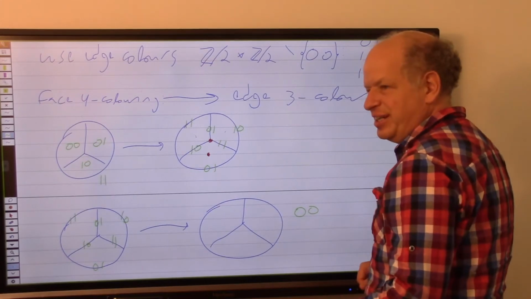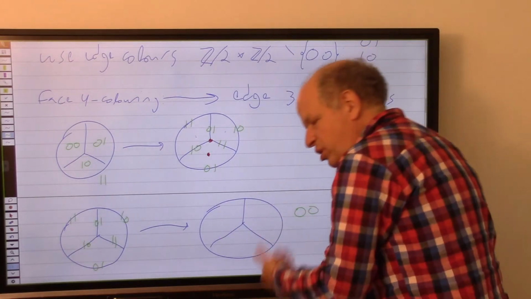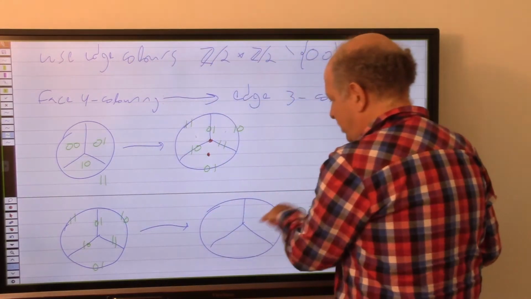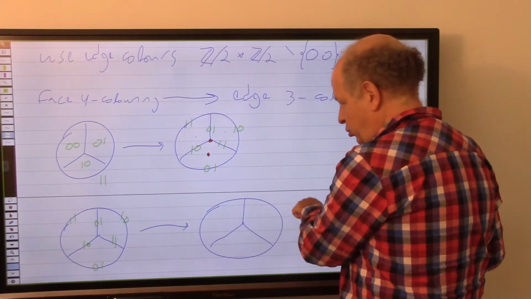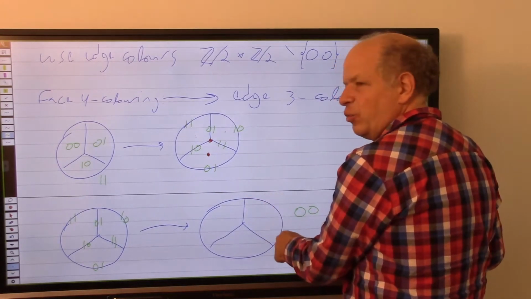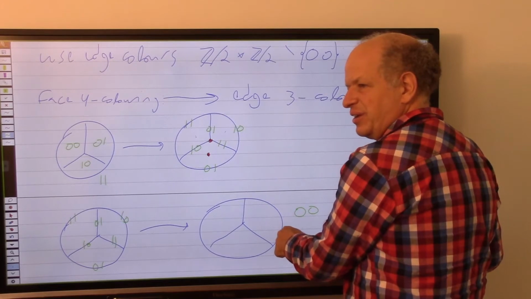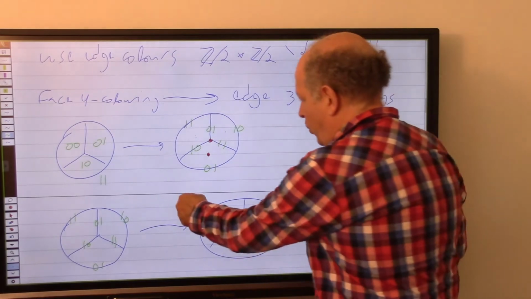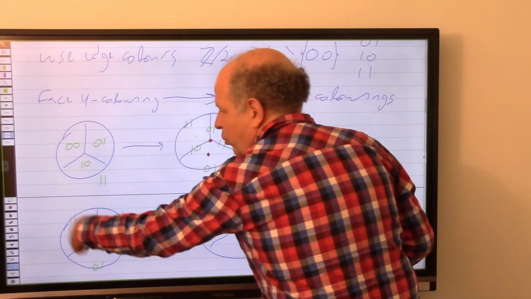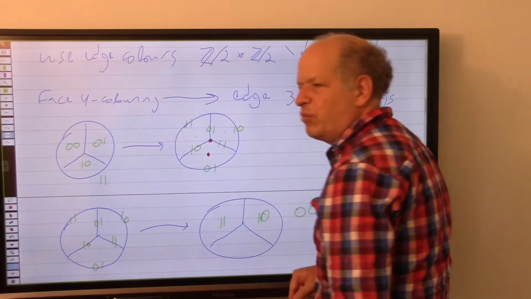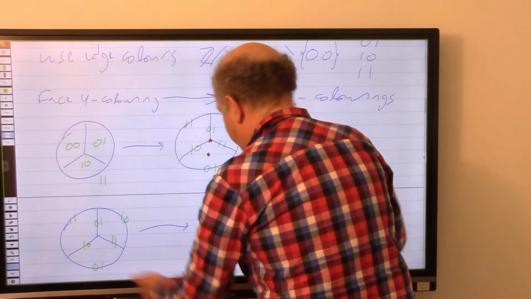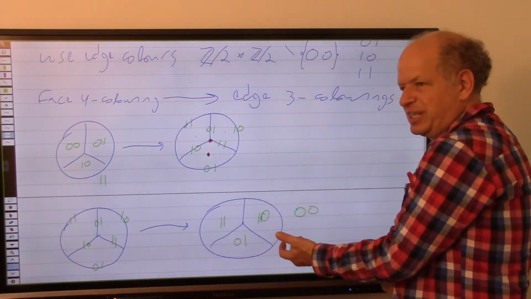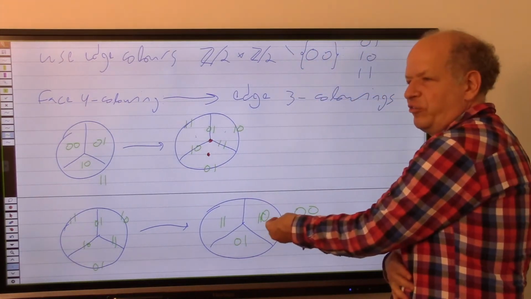And that forces how I would color the other faces, because when I cross into this face, I must add 1, 0. Right? So this has to be colored 1, 0. When I cross into here, I must add 1, 1. So this must be colored 1, 1. When I cross into here, I must add 0, 1. So this must be colored 0, 1. So this forces the coloring of the